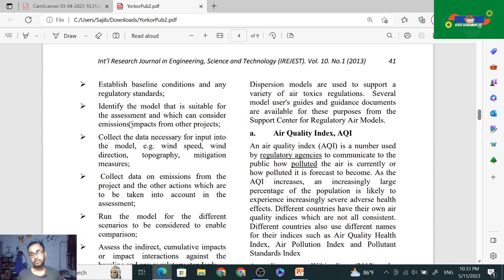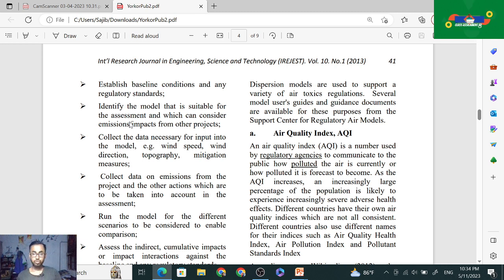Then dispersion models are used to support a variety of air toxics regulations. Several model user guides and guidance documents are available for this purpose from the Support Center for Regulatory Air Models. Then the air quality index, AQI: the air quality index is a number used by